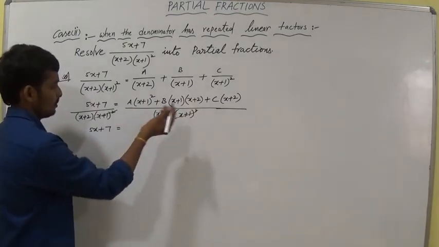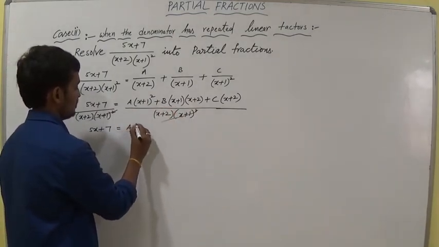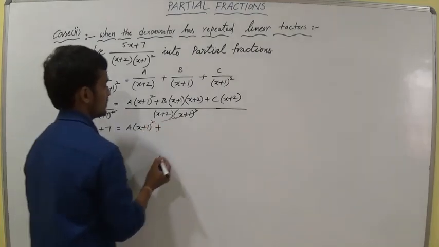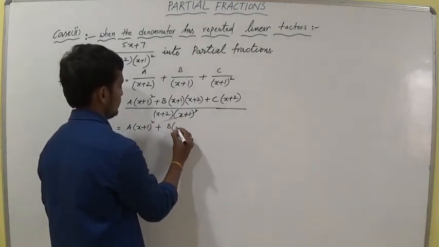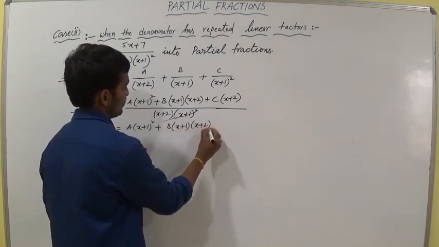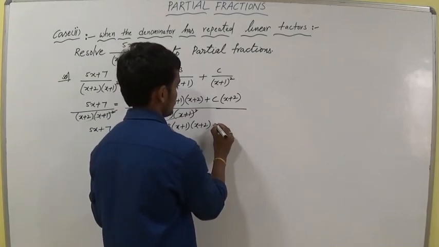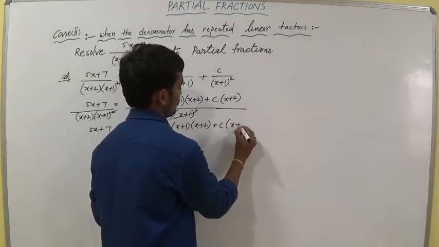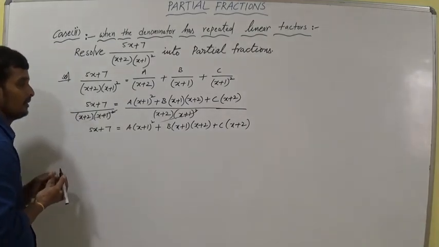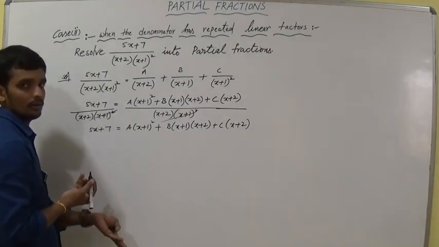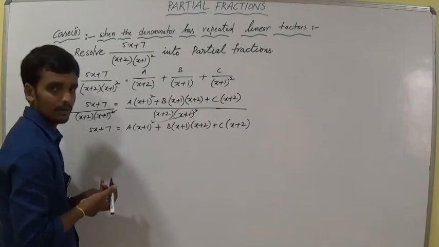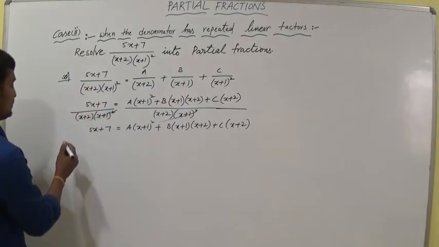The numerator is a into (x plus 1) whole square, plus b into (x plus 1) into (x plus 2), plus c into (x plus 2). Okay, so now we are finding the values of A, B, C. We have to take the x values first. If x is equal to,